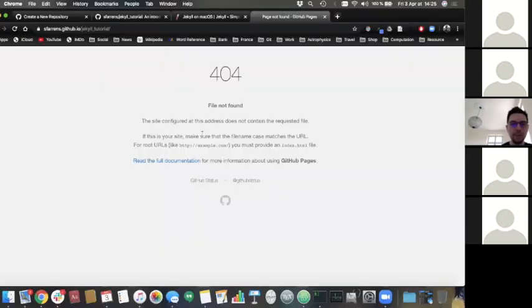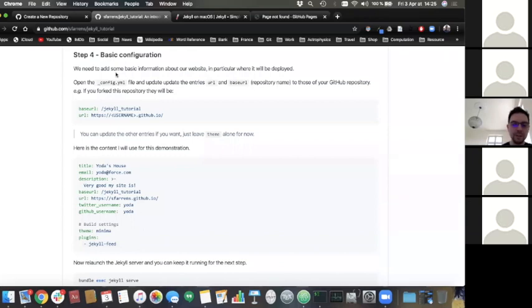And what we're going to do now is just some basic configuration. So we're just going to tell Jekyll what the name of the website is and add some very standard content. So the most